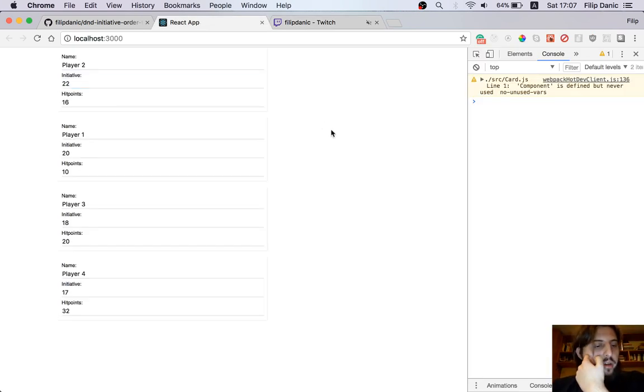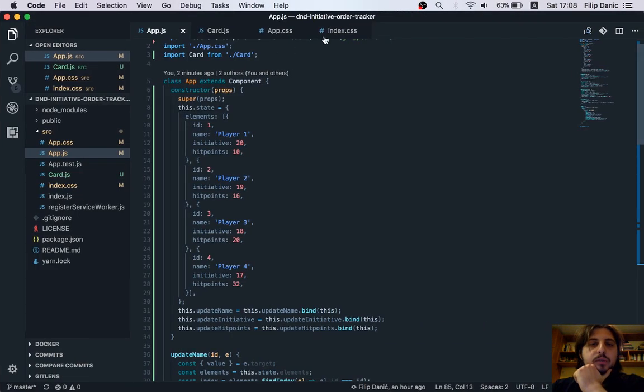So our next goal here is to allow our user to add new cards and to allow them to remove cards that are no longer required, or if they've added too many of these cards, for example. Another thing I'm thinking is maybe restyle this card. It's really big right now. You could maybe use something like flexbox for that. So for example,